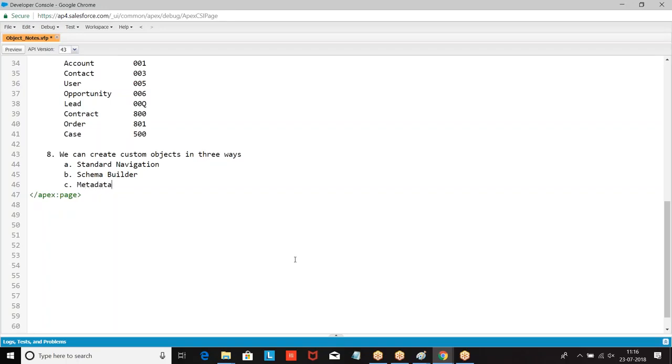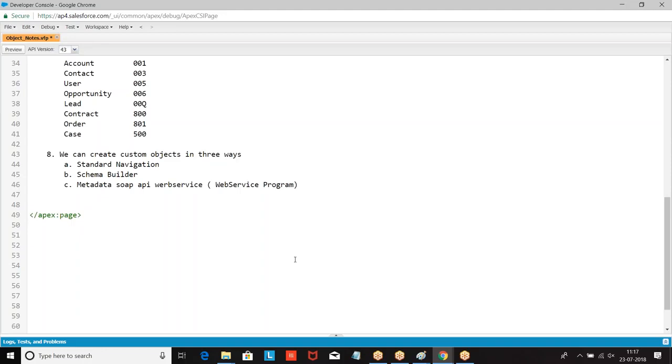Third is the Metadata SOAP API, using a program. These are the formats we have.